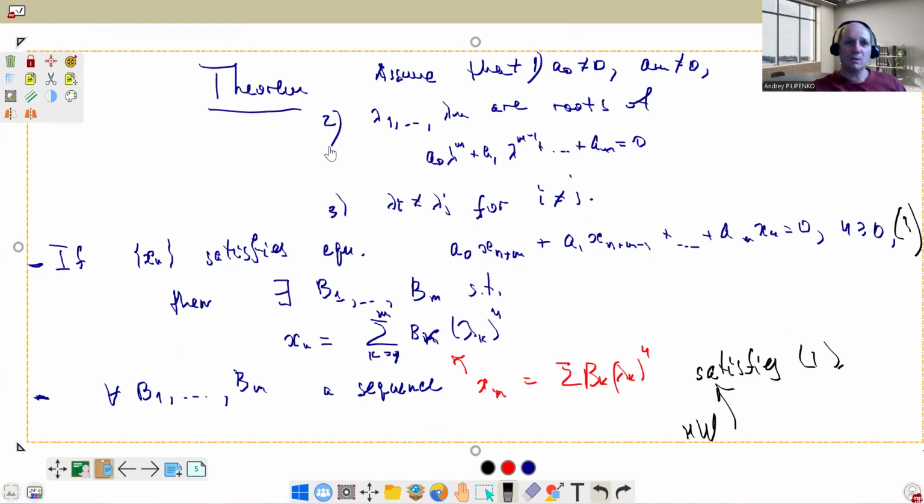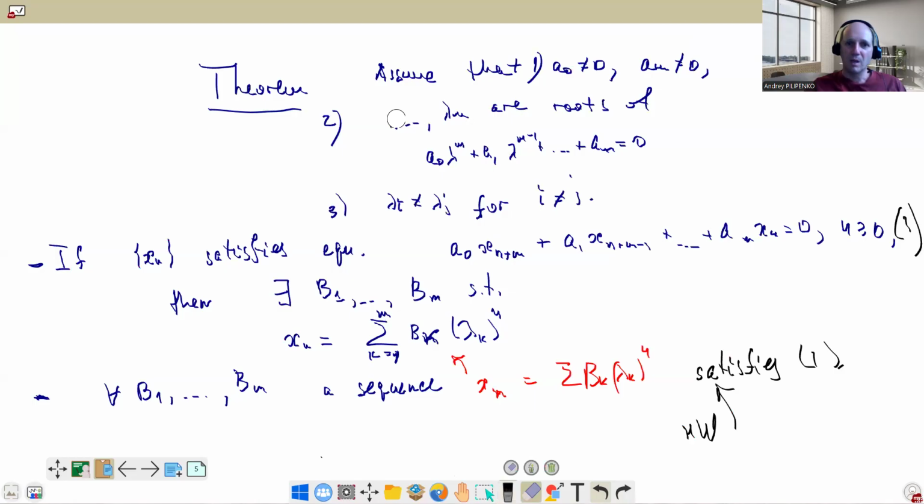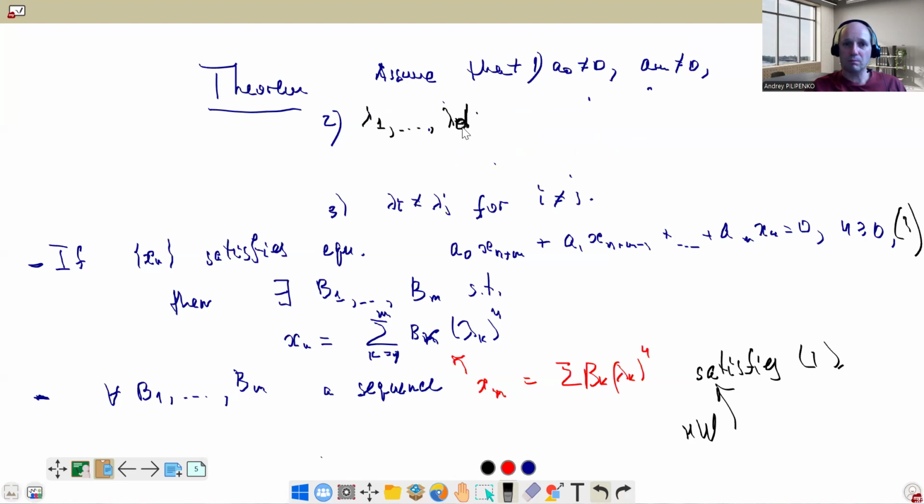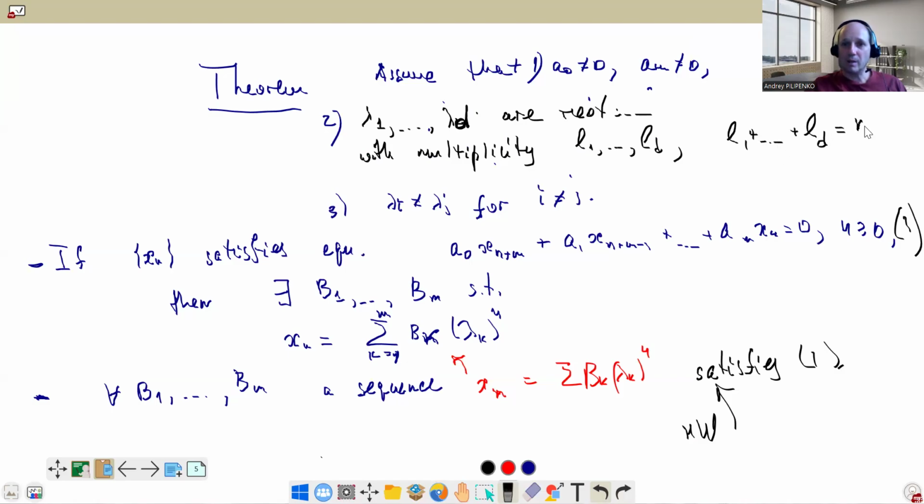Assume that a0 is not 0, am is not 0, and lambda 1 and so on, lambda d are roots of the equation with multiplicity L1 and so on, Ld, where L1 plus ... plus Ld is m, the order of the equation. They are distinct. And if xn satisfies this equation, then